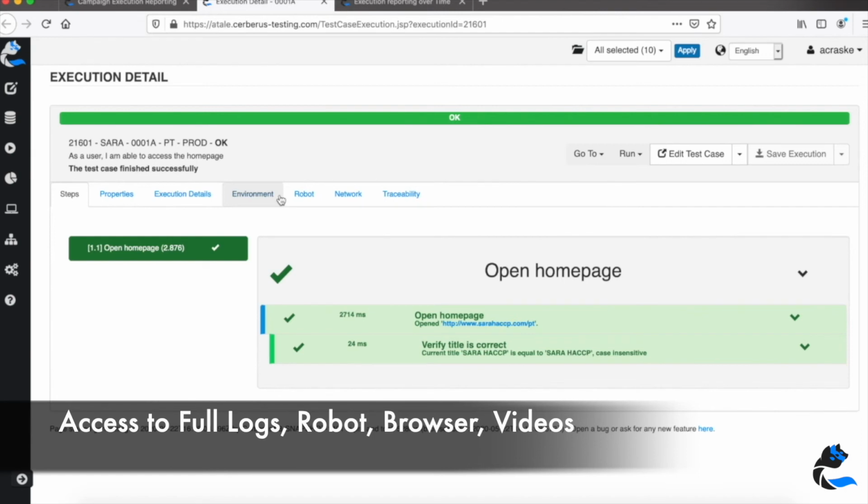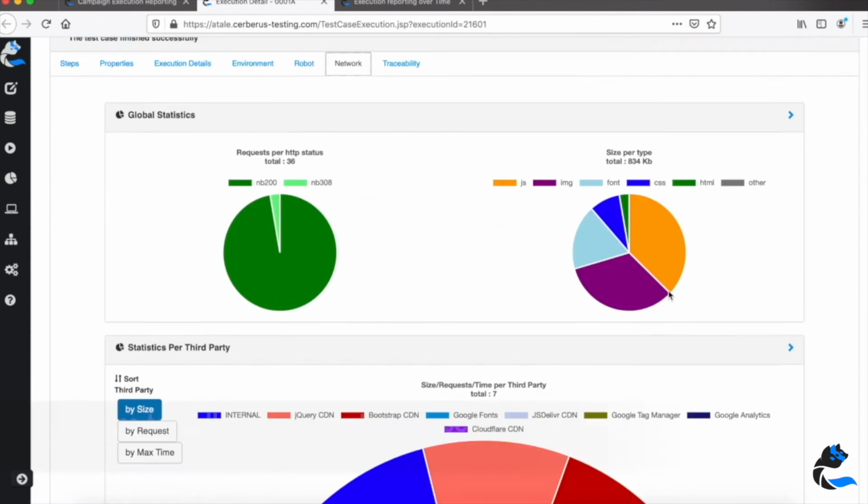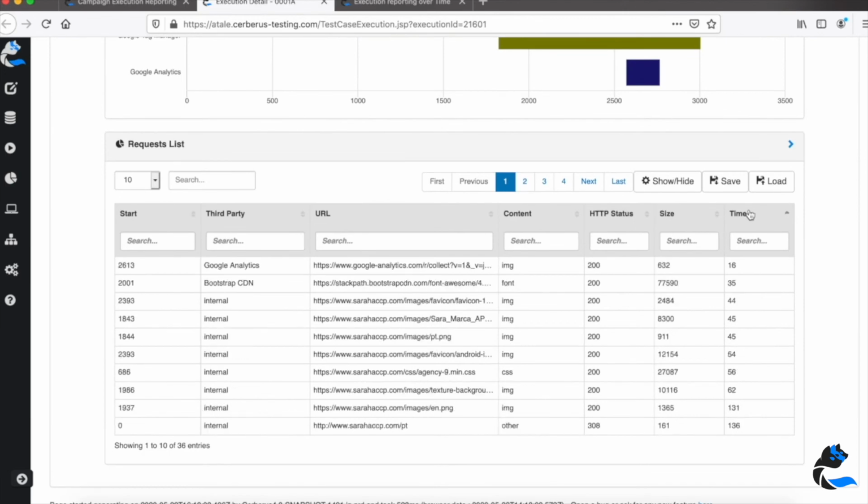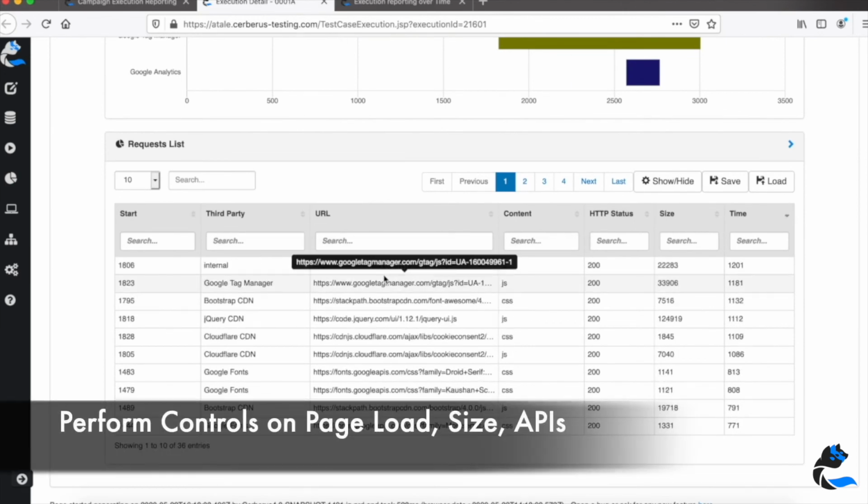And then you have various tabs that are available here, and you can see all the calculated properties, you can have the detail, you can have all the log of the robot that was executed, and a specific feature of Cerberus testing is that you are able to collect the network traffic, so all the log from the console. So it's typically very useful, for example, when you do a test on the web browser, and usually you need to manually open the web console of your browser to see if there was some API error, HTTP error, loading of CSS, that type of stuff. Or you want, for example, to know which third party is taking too long to load, etc.